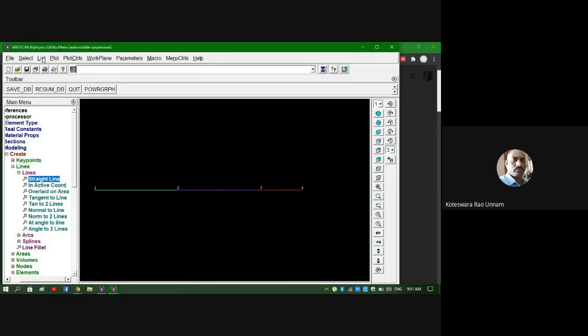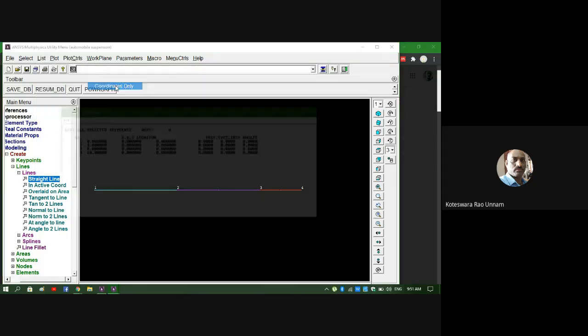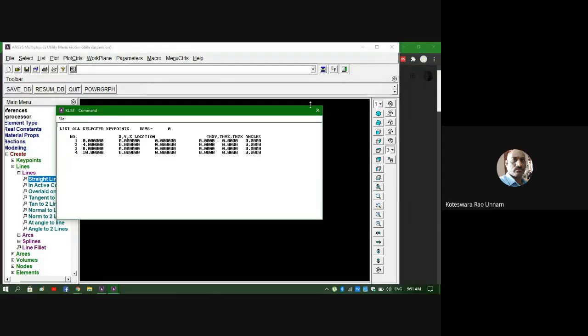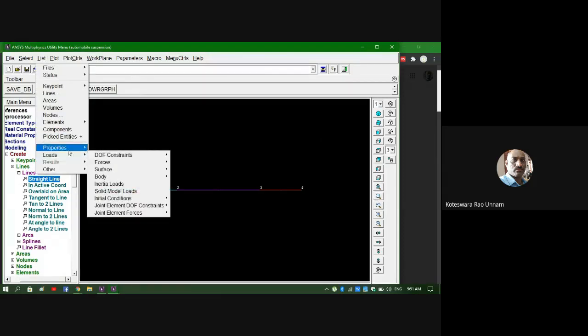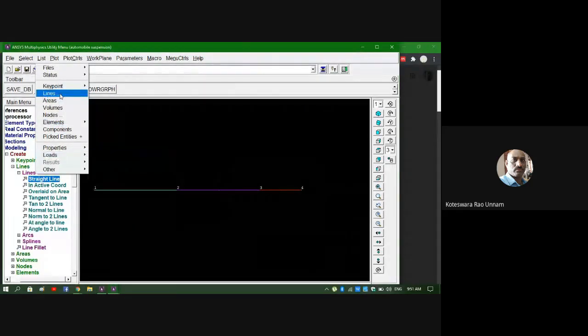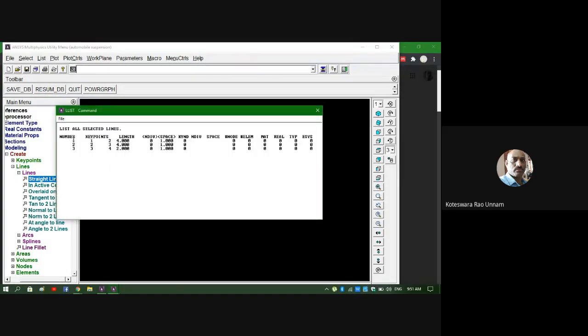Now in the geometry, I don't have any elements. If I plot it, I can see coordinates, key points. You can see that we have 4 key points, and similarly, you have 3 lines also here: 1, 2, 3. You can list those things also. List lines. Okay, like this. You can see it is saying that you have 3 lines: number 1, number 2, and number 3.